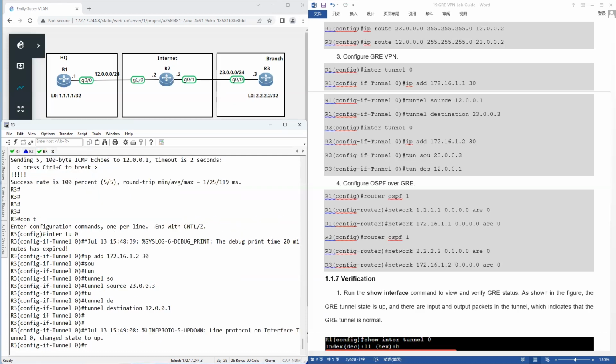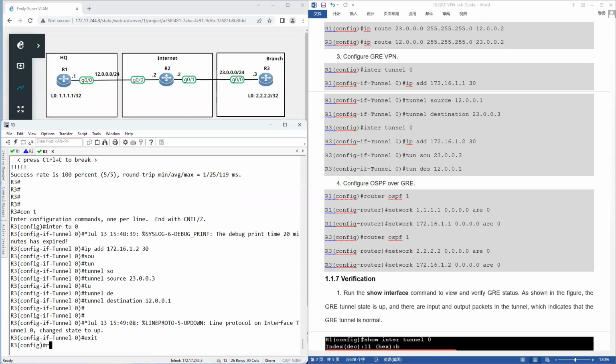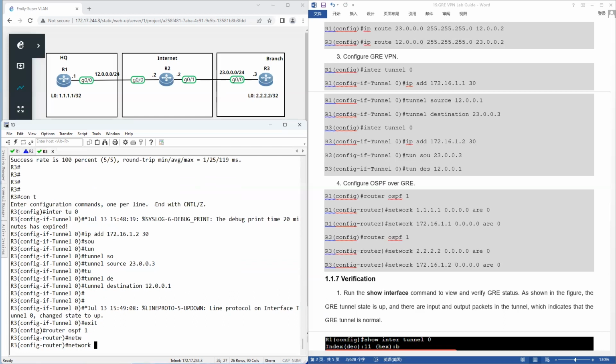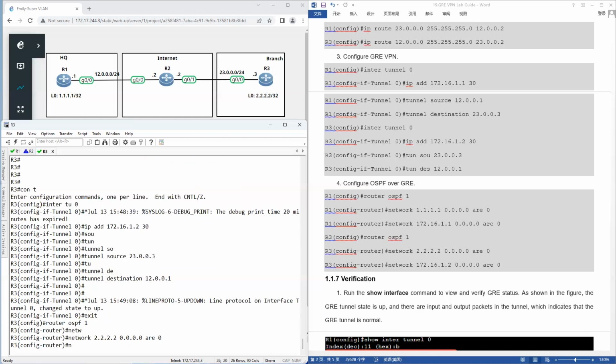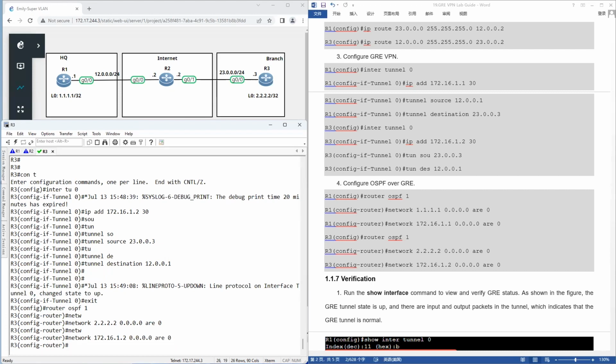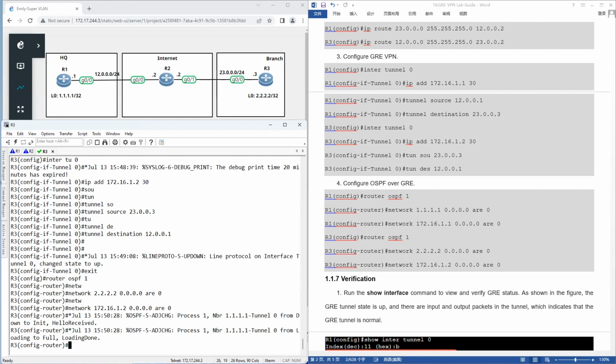And for R3, also router OSPF 1, and you have to network your service segment, 2.2.2.2. Mask is 0.0.0.0 and area 0. And another is the tunnel interface, 172.16.1.2 0.0.0.0 area 0. So in these scenarios, the tunnel also will send out some OSPF packets, but we already added the